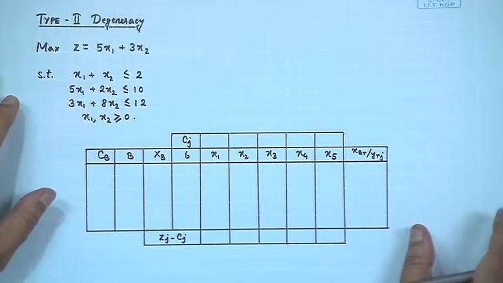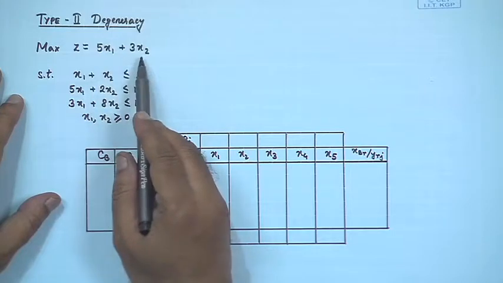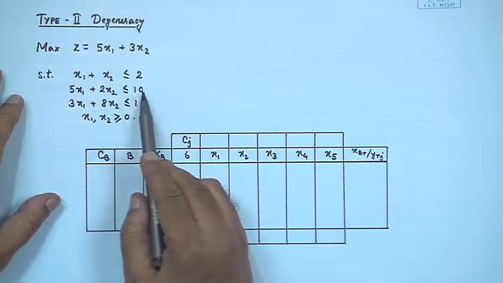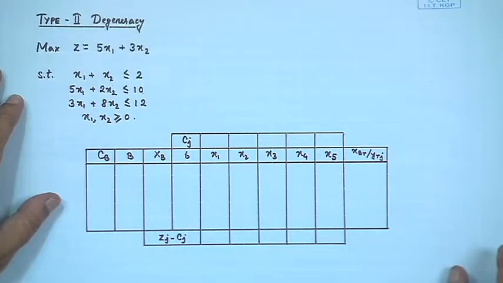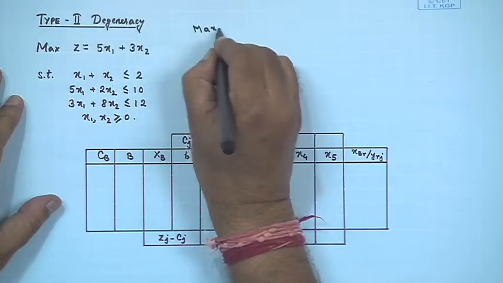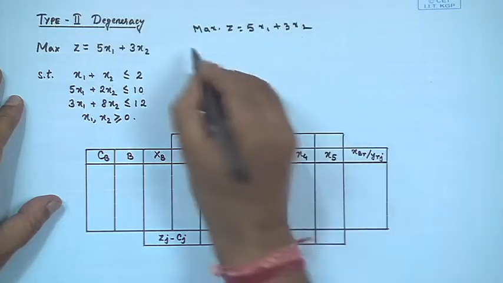In the type 2 degeneracy, what happens? Let us take an example. Maximize z equals 5x1 plus 3x2, subject to x1 plus x2 less than or equal to 2, 5x1 plus 2x2 less than or equal to 10, 3x1 plus 8x2 less than or equal to 12. So, we have three inequalities of less than or equal to type. You have to introduce three slack variables, so that in standard form we can write maximize z equals 5x1 plus 3x2 subject to